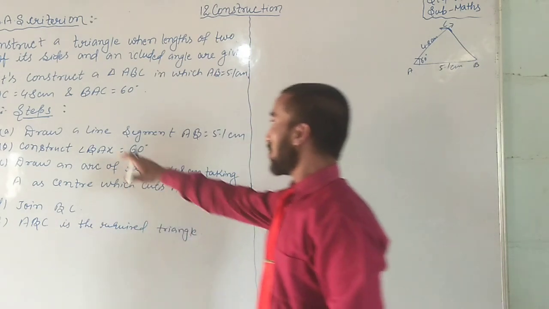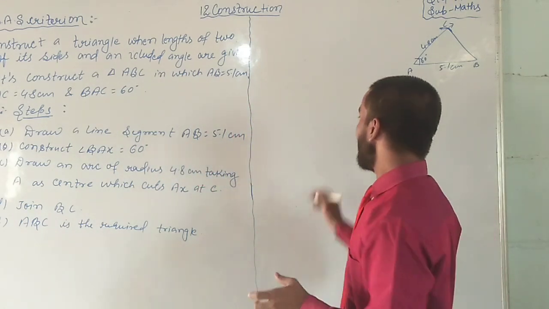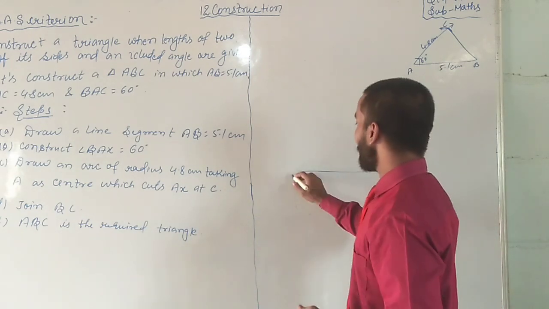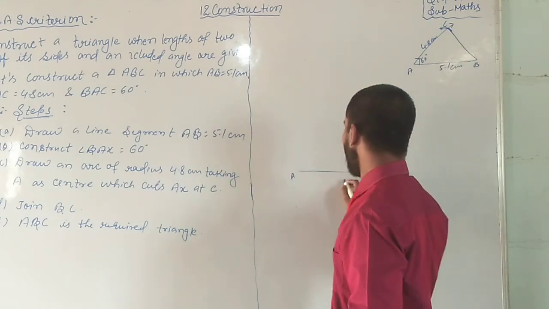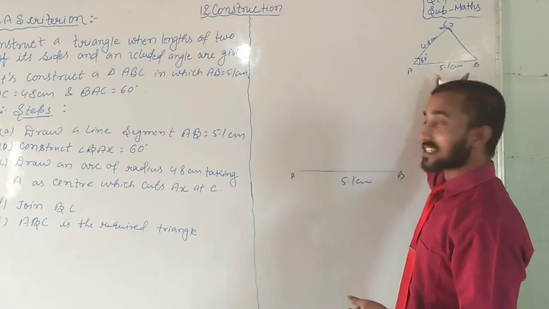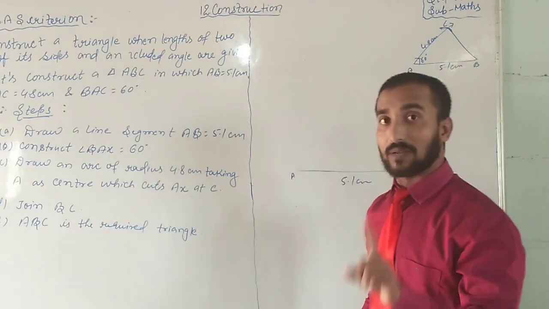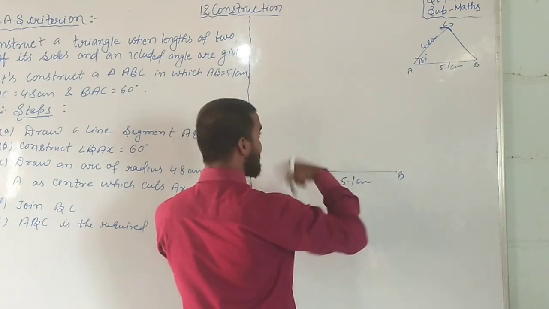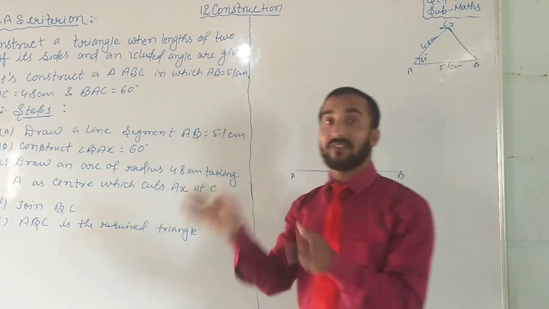So let's say draw a line segment AB equal to 5.1 centimeter. It means now you have to keep a ruler on the plain paper and draw a line AB whose measurement is 5.1 centimeter. Okay students, let's see as a sketching is given. Say construct a triangle BAX. Students, angle BAX. It means it is B, it is A and X will form. It means X will form when a 60 degree angle is drawn.